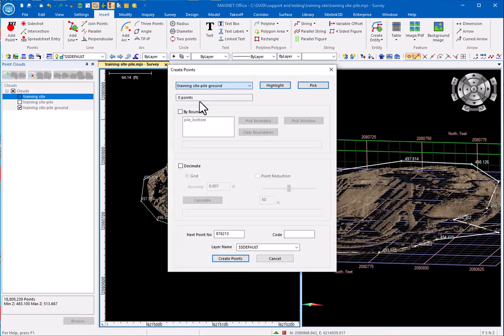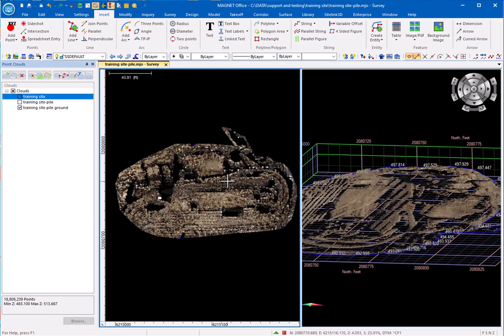Okay, so I would take the point cloud that I want. I would decimate this down. Okay, in this case it says we could decimate to about 58% reduction, or I can do the slider here and get this down to the level that I want. Tell it to create points. So that what I'm left with are points, the boundary that I drew, and I have my point cloud turned